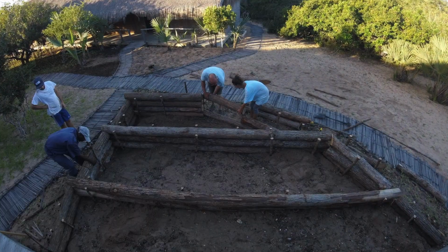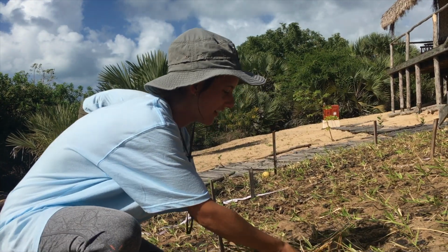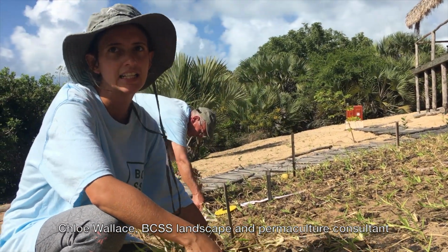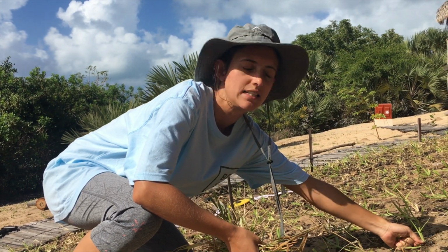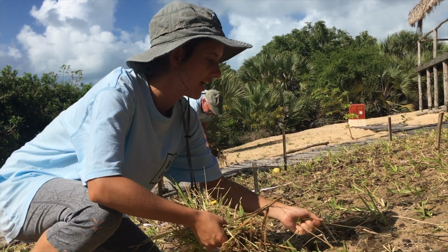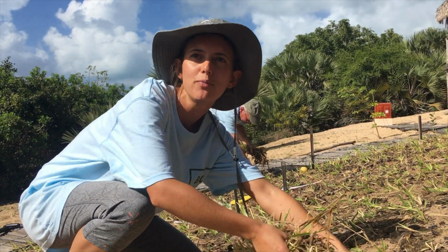At BCSS, we have applied permaculture ideals to building our kitchen herb garden. So we are building a small kitchen garden for the BCSS kitchen. So here we're going to plant things that are easy to grab and that are used in small amounts in the kitchen, like fresh herbs, chilies, things that like a lot of sun and warmth, as we've got a lot